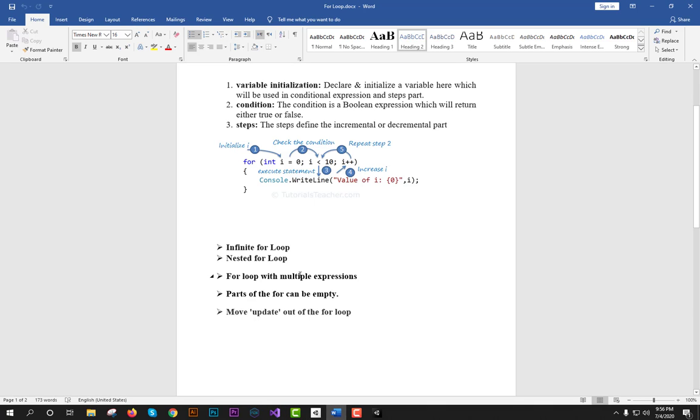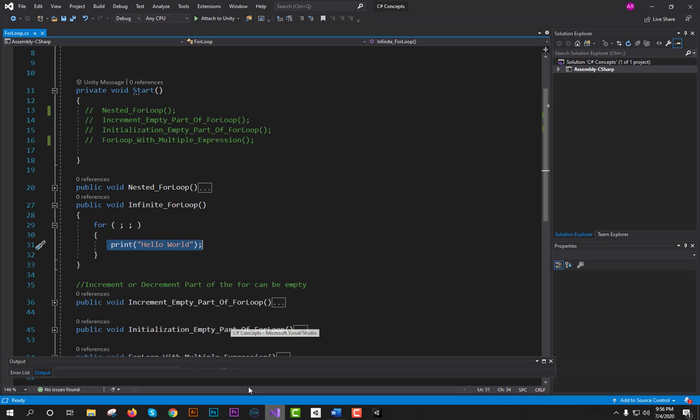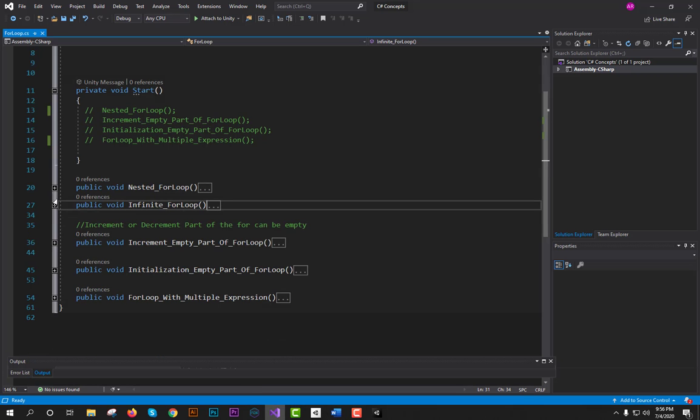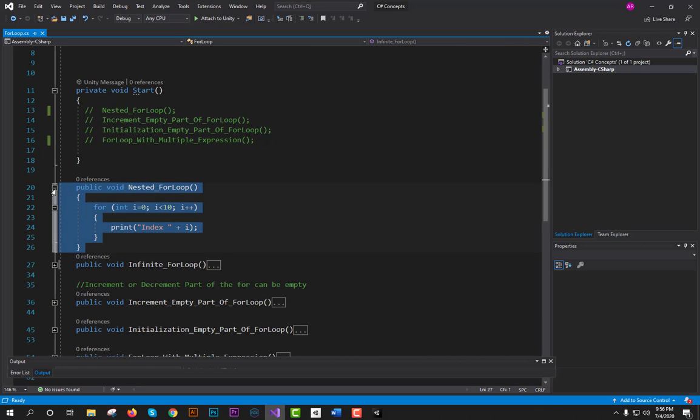Now let's talk about the nested for loop. So let's see what a nested for loop is. Here you can see I have specified initialization, then condition, and then the increment or decrement.